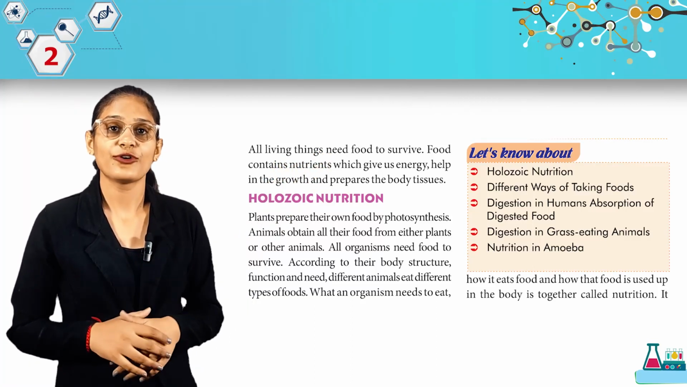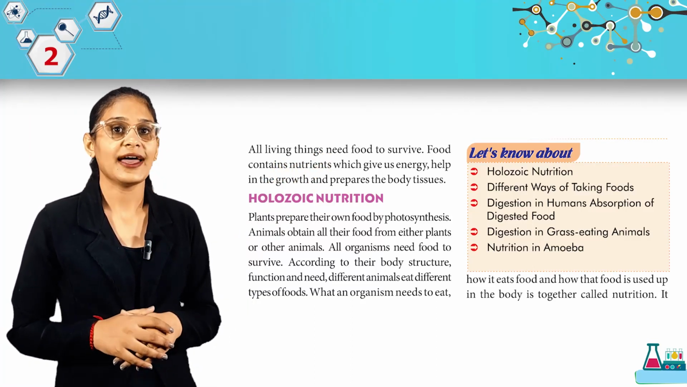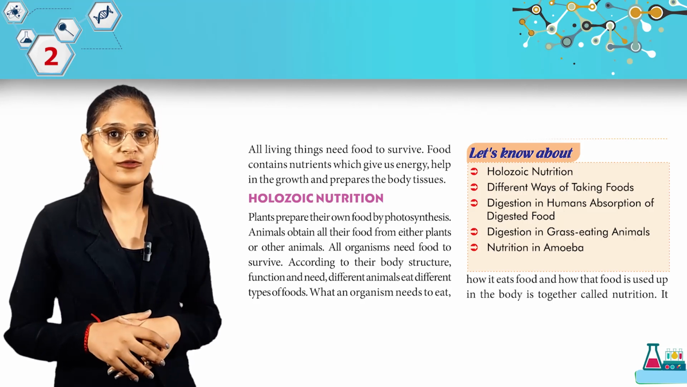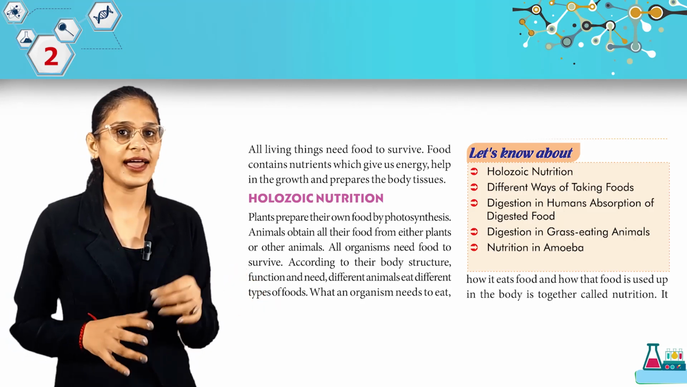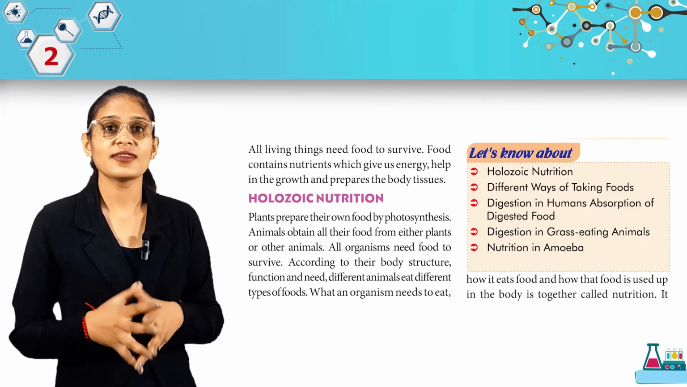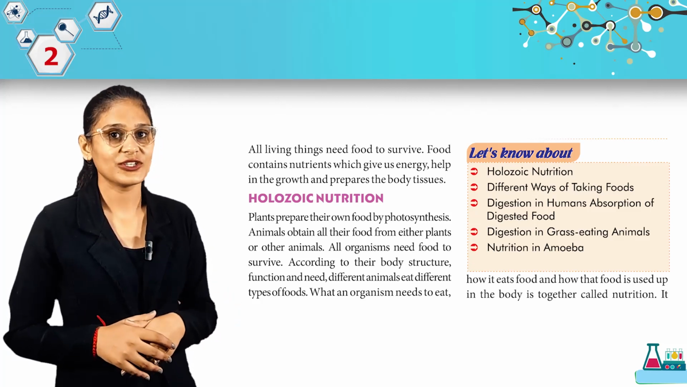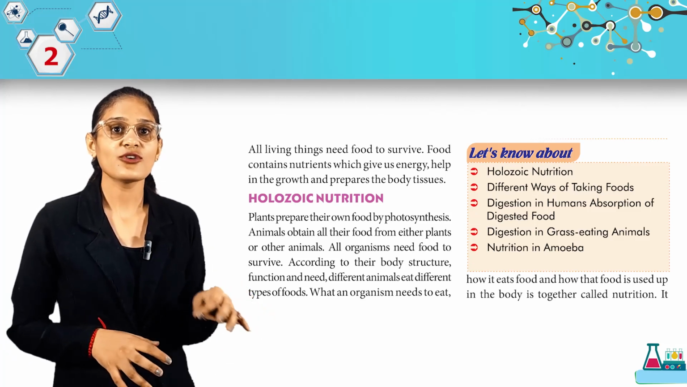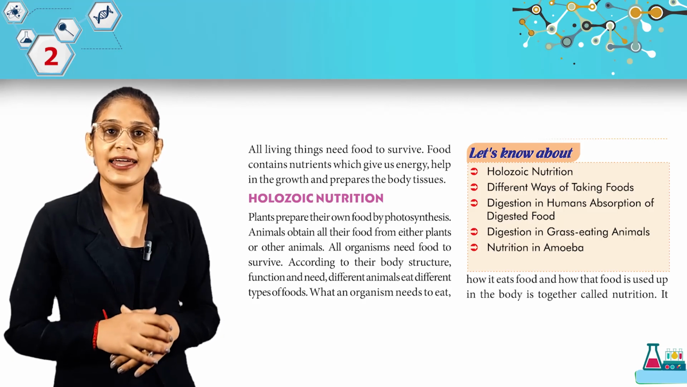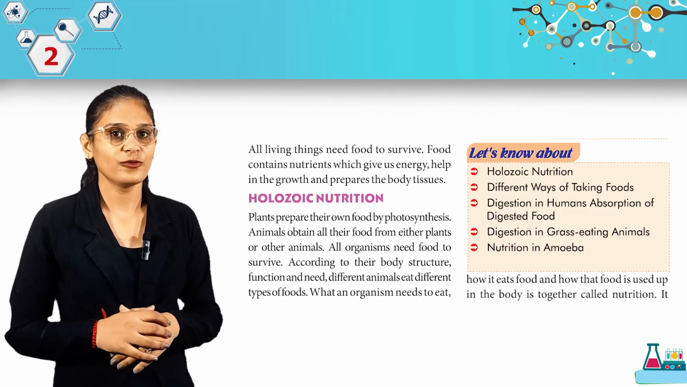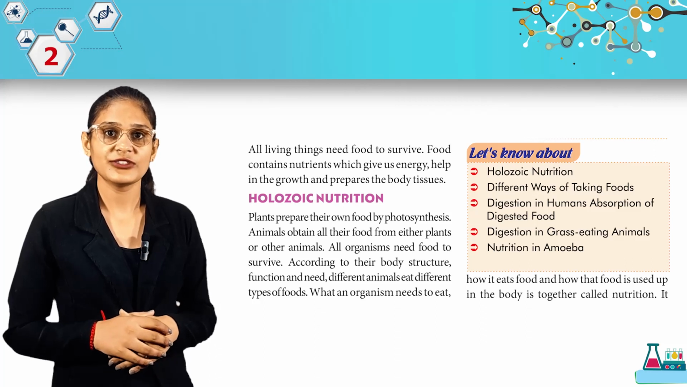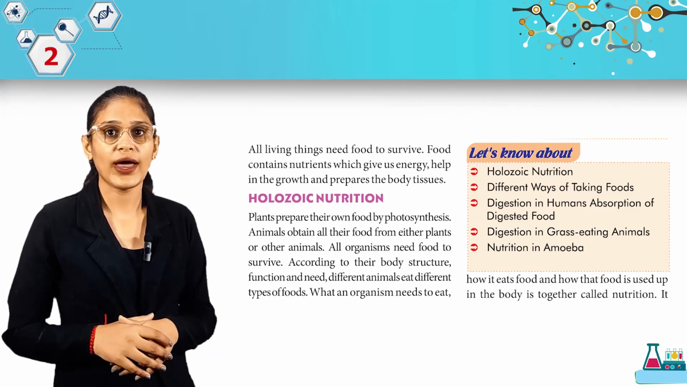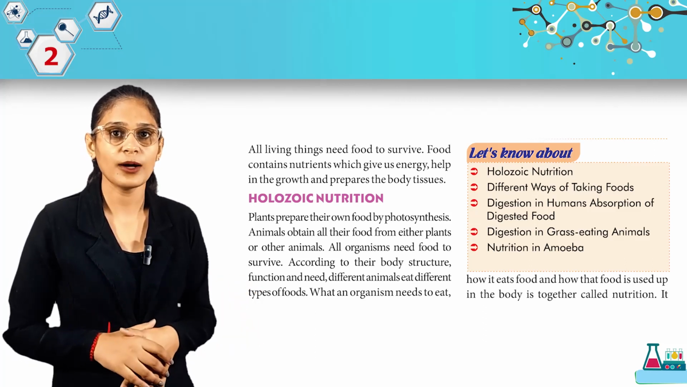Plants prepare their own food by photosynthesis. Animals obtain all their food from either plants or other animals. All organisms need food to survive according to their body structure, function and need. Different animals eat different types of foods. What an organism needs to eat, how it eats food and how that food is used up in the body